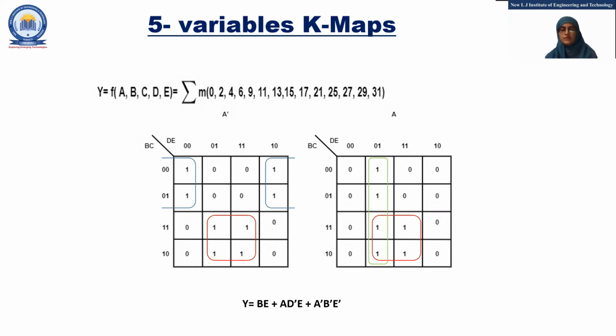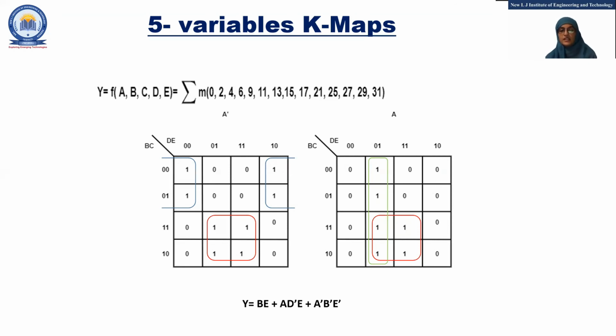All of these terms will be marked as 1. I've already filled this K-map as shown in the previous slide. So now to do grouping in this K-map, we have to place the first K-map on the second K-map. So we have to mark the overlap terms. Here, the part marked in red is the overlapping term.